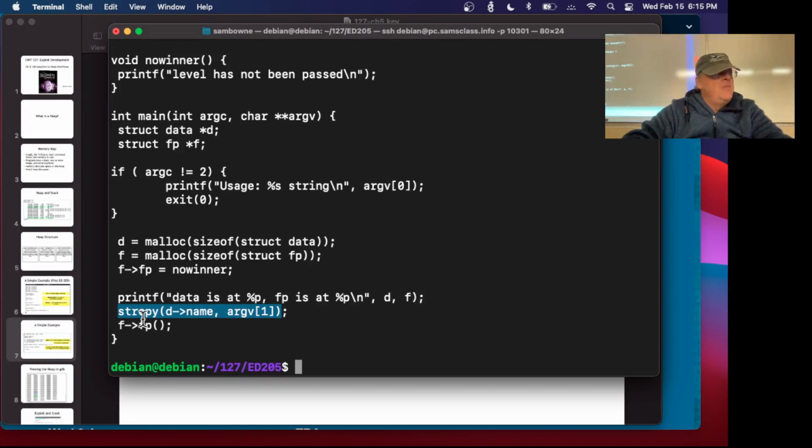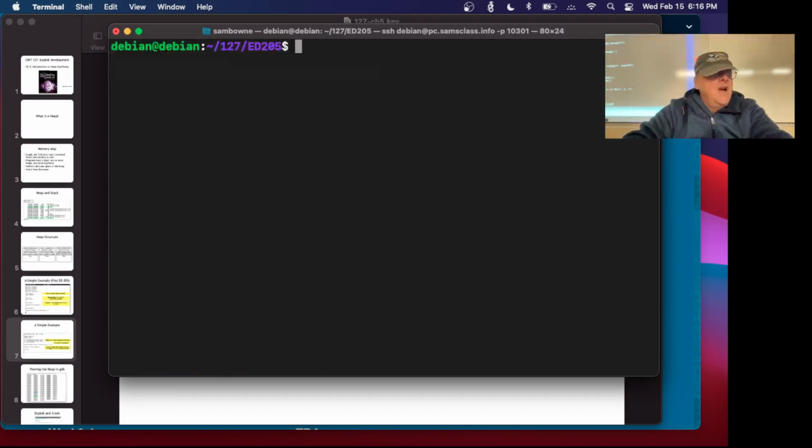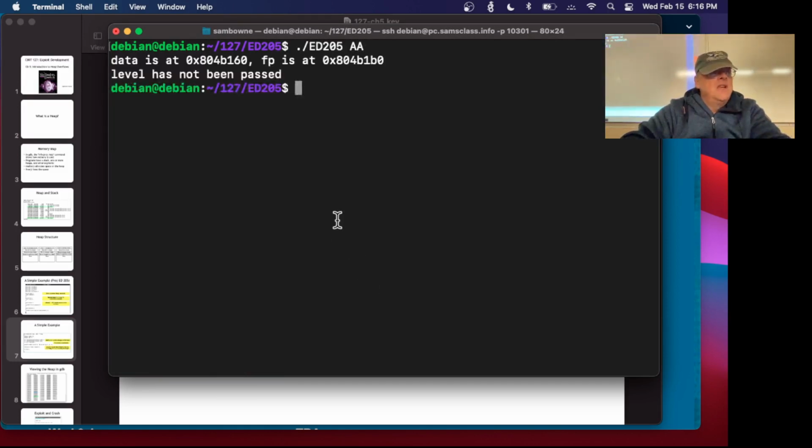When you do a string copy, it copies the command line argument into this name without regard to the length of it. So I can run this and give it something like AA, and then it's fine. Now it tells me the data is here at 160, the function pointer is here at 1B0. So that is 6, 7, 8, 9, A, B, 5 times 16, that's 80 bytes along. All right, so now if I put in something really long,